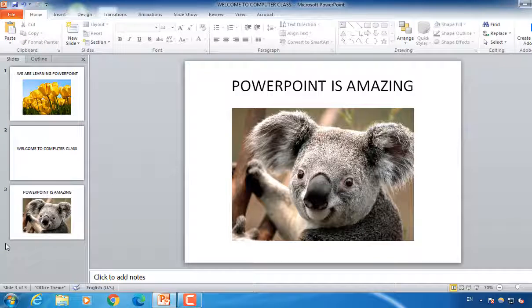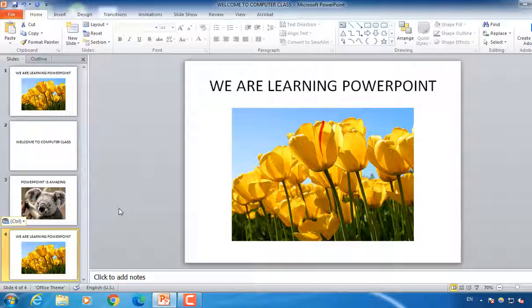See, a horizontal insertion point appears here. See, after clicking here, it means whatever we paste will appear here. So to paste a slide, we will press Ctrl plus V, V for van. See, so we have copied the first slide after the third slide.